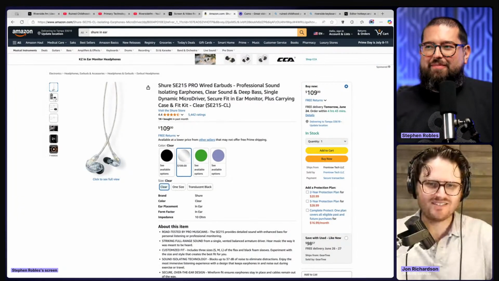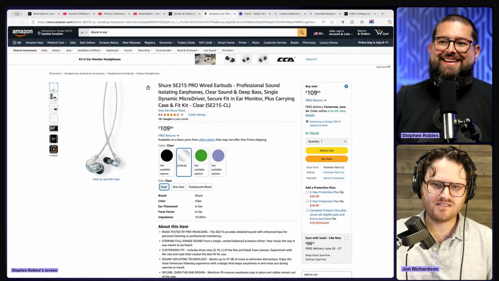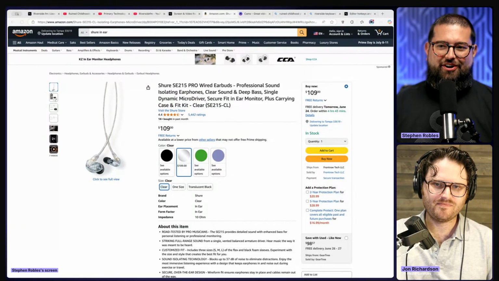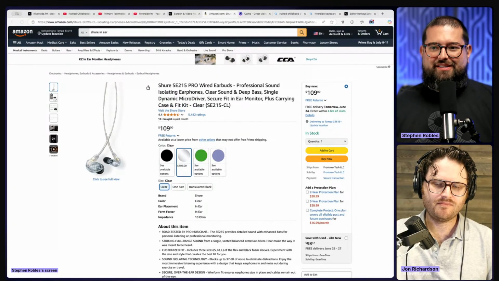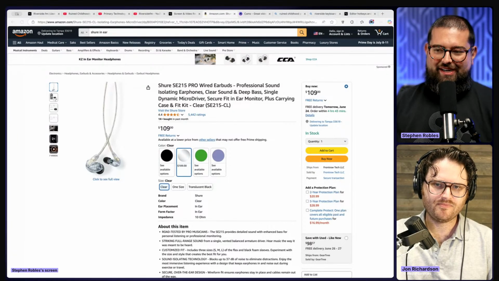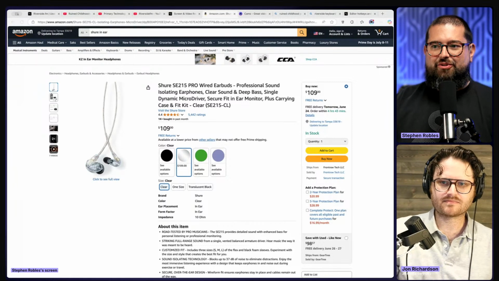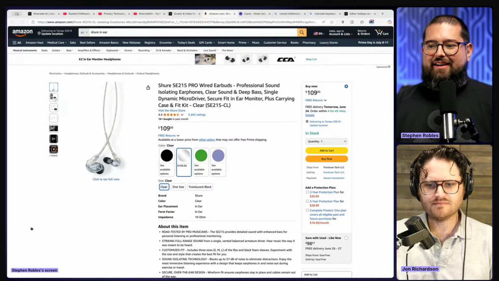But if you want the discreet covert headphones, I would recommend getting a pair of Shure in-ear monitors, is what they're usually called. You can get them for $100, and these will wrap around the back of your ear, go in your ear, and they're very discreet. I put the link in the chat earlier, but just look for Shure in-ear earbuds or in-ear monitors, and those do really well.